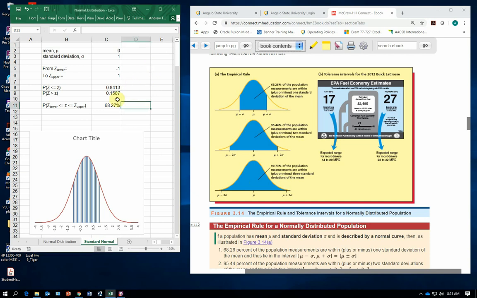As we're moving down, I can easily show this. If I just put in plus or minus 1 using the NORM.DIST formula, I can do that. If I put minus 2 and 2 with a mean of 0 and a standard deviation of 1, you can see 95.45%. That's what this is. Or I can put minus 3 and 3, and that's almost everything. There's only 0.27% of the area that is outside plus or minus 3 standard